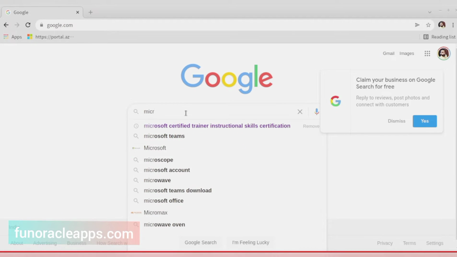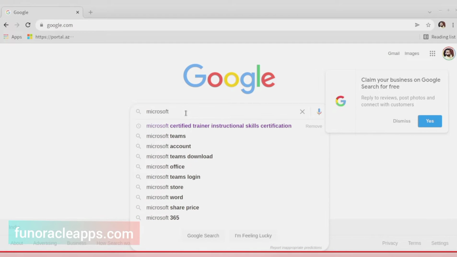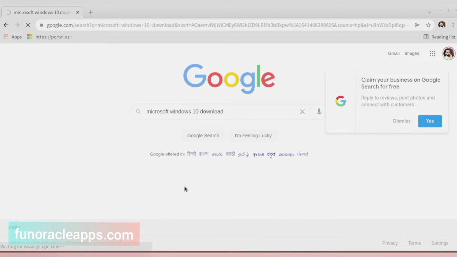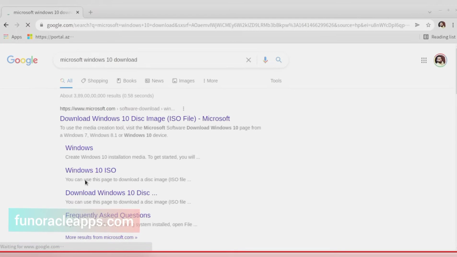We will download directly from Microsoft. Windows 10 download or 11, whichever you want to download. Okay, so the method will work for both the Windows versions.